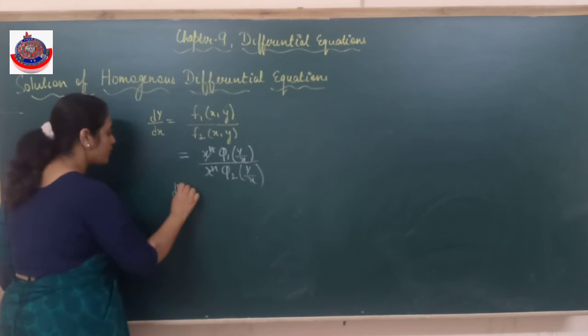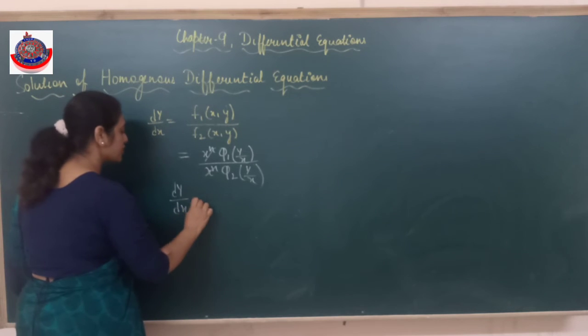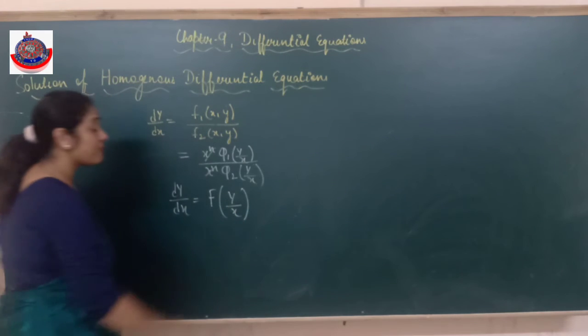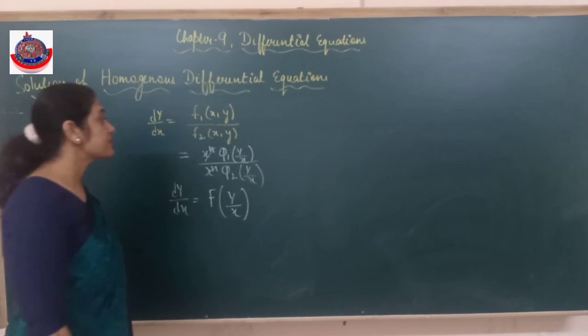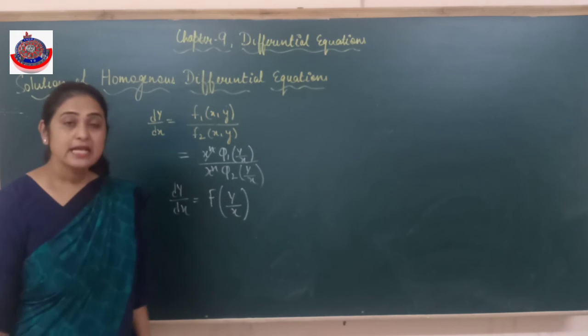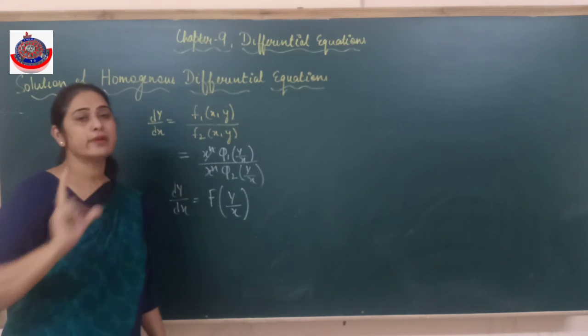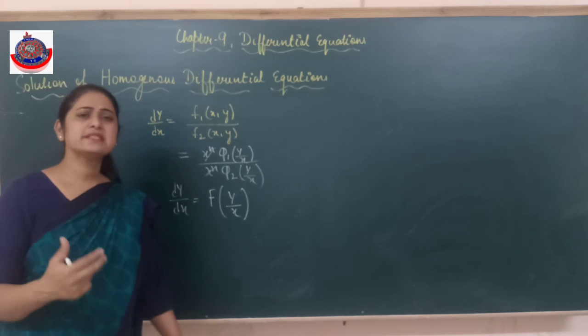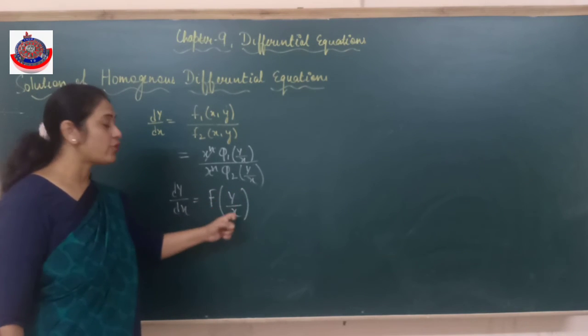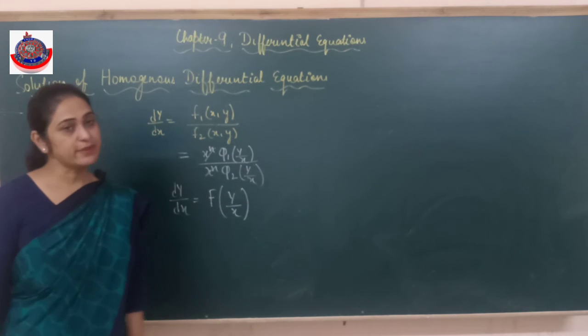सो हमारा dy अपॉन dx मान लिया पूरा का पूरा फंक्शन कन्वर्ट हो गया f और y अपॉन x की फॉर्म में. तो फंक्शन बन गया y अपॉन x. Is it clear? So what is my first step? First of all, I have to convert the quotient in the form of y upon x. That means जो भी x वाली terms I have taken common. Clear? When I do examples, it will be more clear. Fine. y is equals to f of y upon x की form में सारा का सारा question has been converted.